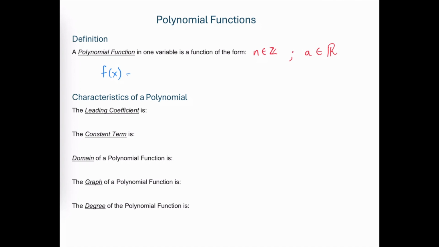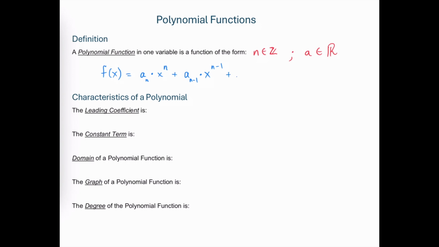A polynomial function is going to consist of a lot of terms that are being added together. We'll start with x raised to an integer power, n, and that x to the n term could have some coefficient that's going to be related to that term. We'll say a sub n, meaning basically it's the coefficient on the x to the nth term. And then we step down a degree with the next term. So we have x to the n minus 1, and this term will have its own coefficient. We'll say a sub n minus 1 is the coefficient that goes on the x to the n minus 1